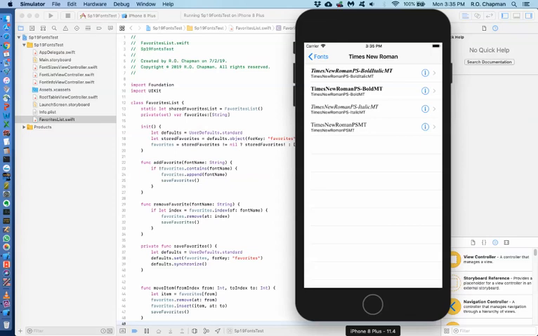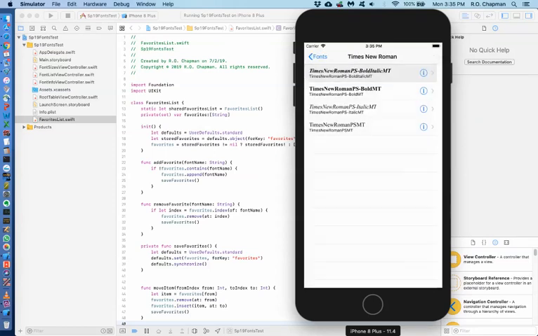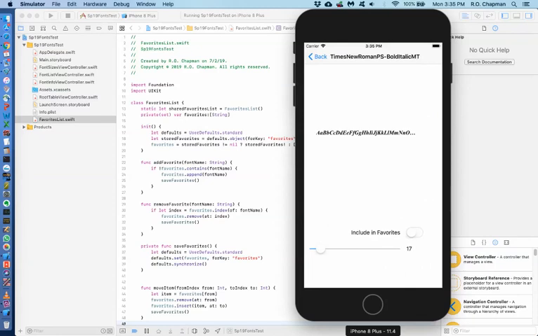So, like I said, if you click just on the font, you go to the screen with all the sizes. If you click on this accessory item over here, oops, I clicked in the wrong place. It takes you to a screen where there's a slider that'll change the size of the font. And there's also a switch that will cause this font to be included in the list of favorites. So let's remember this one, Times New Roman PS bold italic MT, and we'll see if that's in our